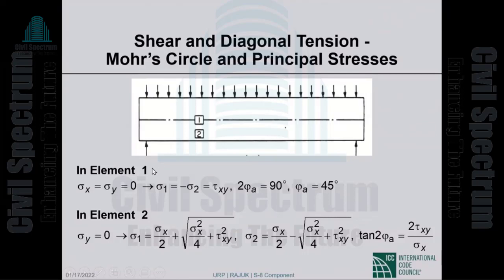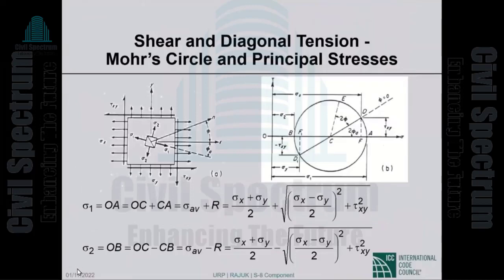On element 1, sigma x and sigma y are equal to 0 because it is at the neutral axis. So if sigma x and sigma y are 0, then sigma 1 and sigma 2, by the expressions we derived,